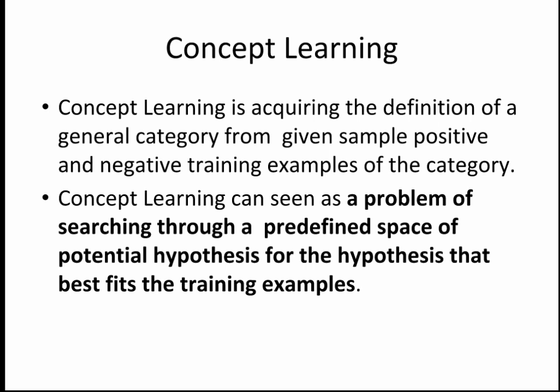Similarly, one method by which we generalize the concept in our concept learning is by searching a space of whatever ideas you had earlier, so that we could have a general concept of how you could say that this particular picture is of a bird or not a bird, or your example is giving you a positive result or a negative result, right?